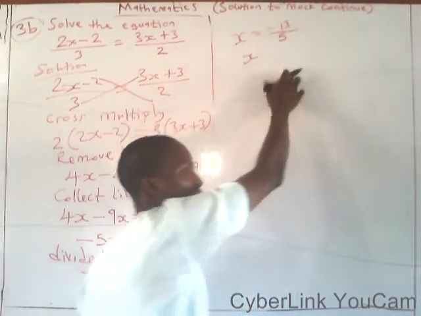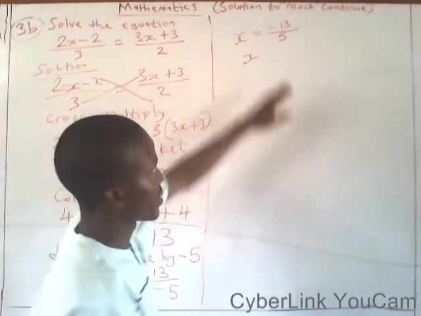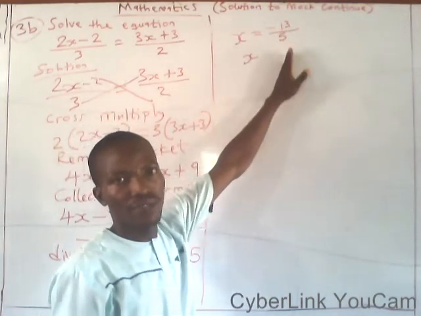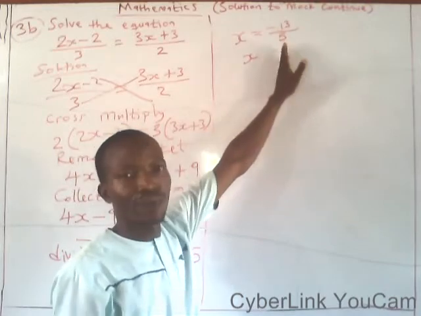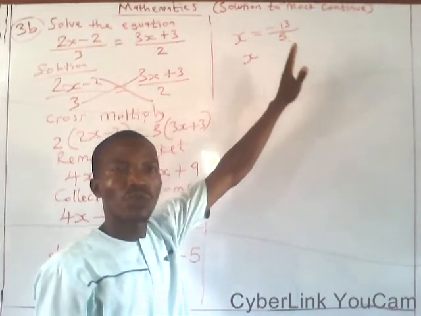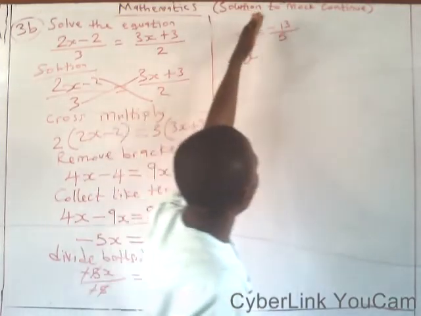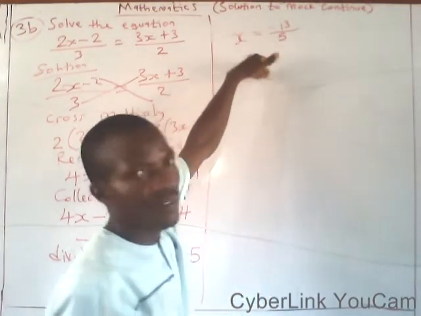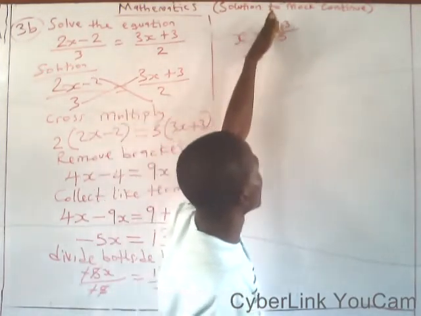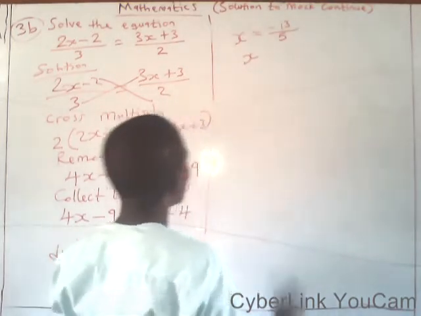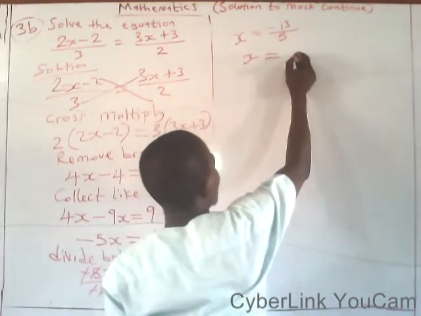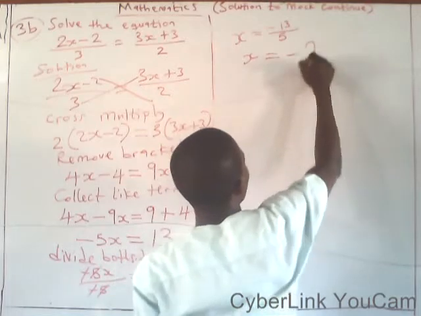What type of fraction is this? This is an improper fraction. And whenever we have an improper fraction, we are going to convert it to what? Mixed fraction. How are we going to convert 13 over 5 to a mixed fraction? 5 in 13 is 2. You are going to write it as minus 2 whole number,